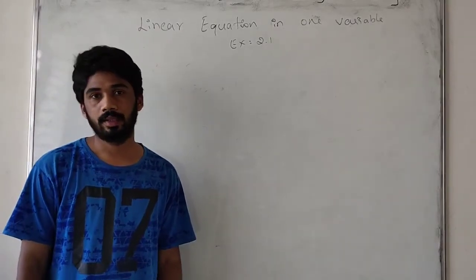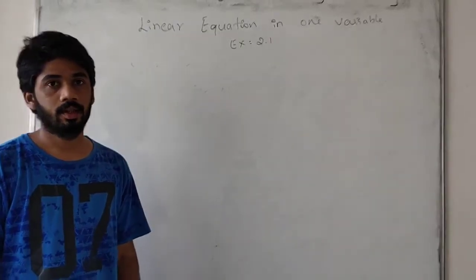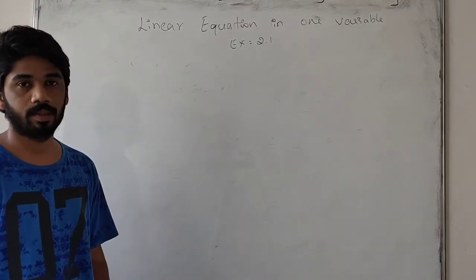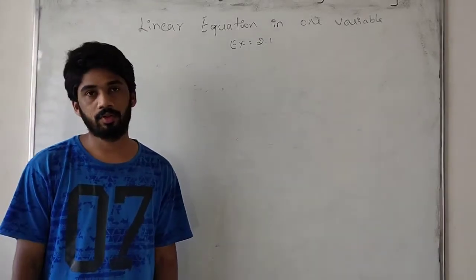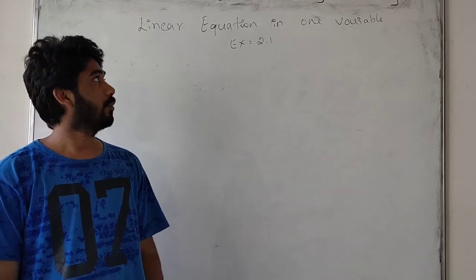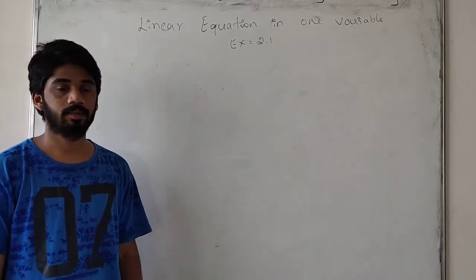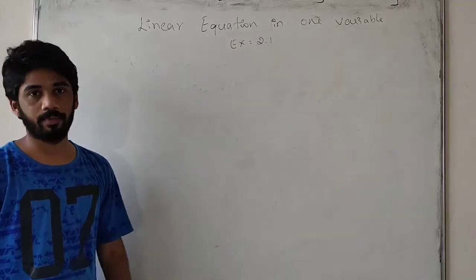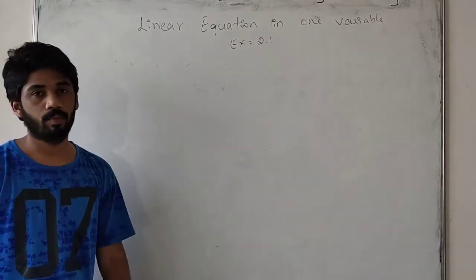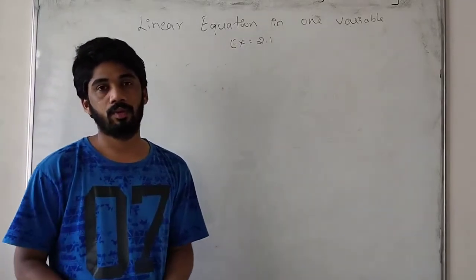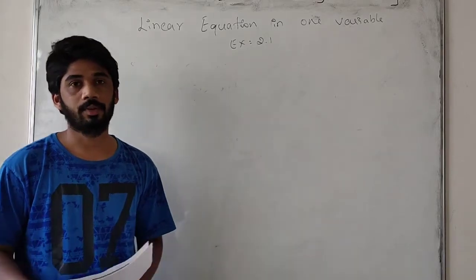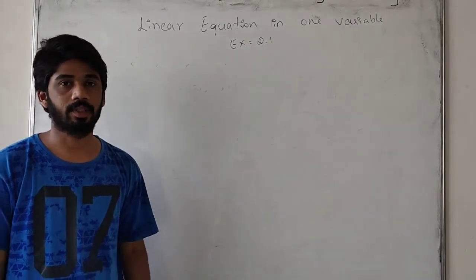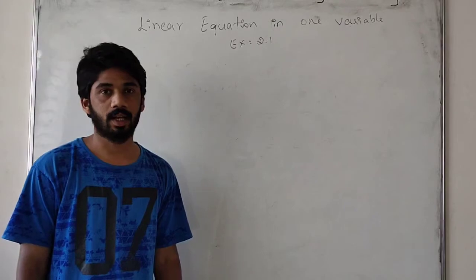I am going to teach the 8th standard CBSE syllabus of mathematics. In the previous class, we completed chapter 1, rational numbers, the whole chapter. In today's topic, we are going to continue chapter number 2, linear equation in one variable, exercise number 2.1. First, we have to know the concept. This class I will be taking in bilingual language, in English and Kannada.